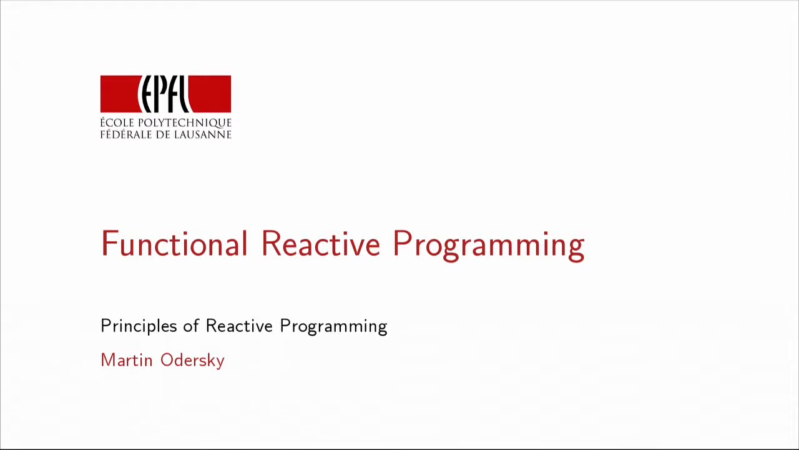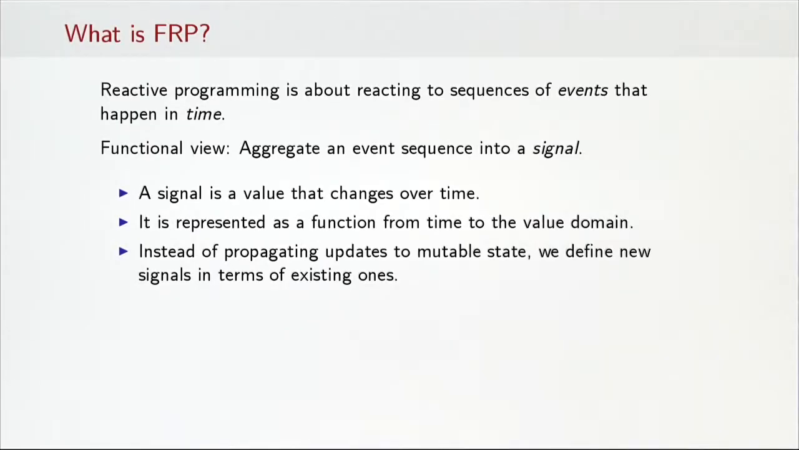So in this session we are going to look at a different take on event handling programs, a functional view of events that's embodied in functional reactive programming. You've seen that reactive programming is all about reacting to sequences of events that happen in time. The functional view is that we can take such a sequence of events and aggregate it into a signal. A signal is a value that changes over time, and it's represented as a function from the time domain